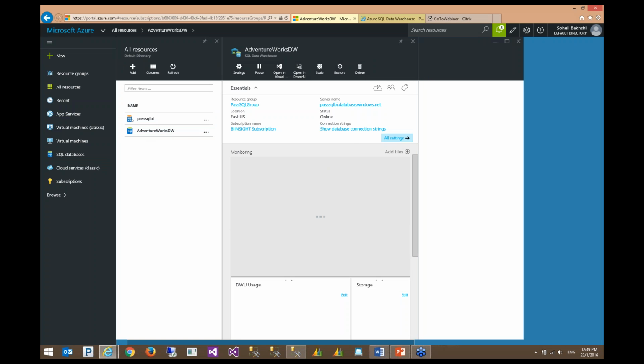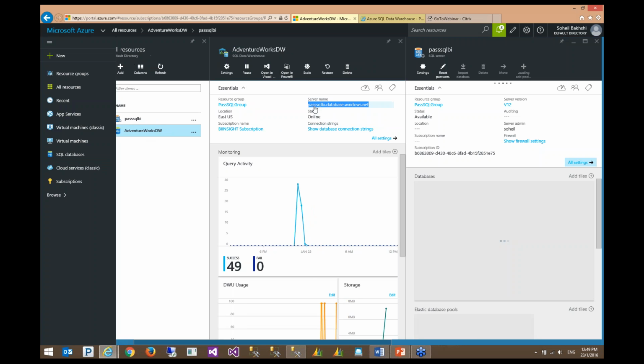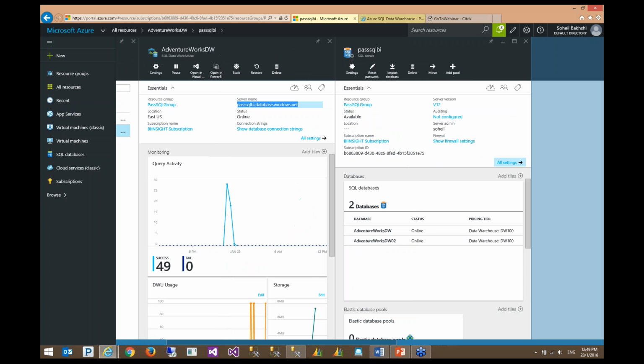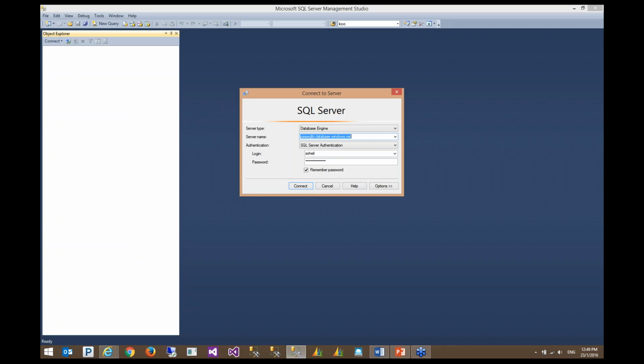So I'm clicking on my database, and here is the server name. I'm going to copy the server name, and in Management Studio database engine, I already had it because I connected to the same instance before.